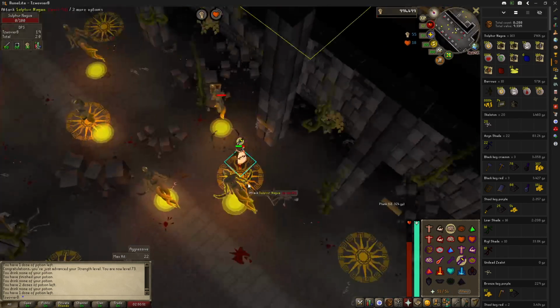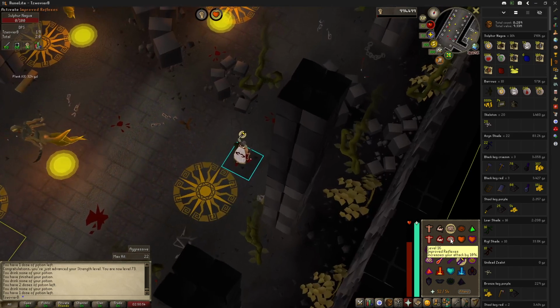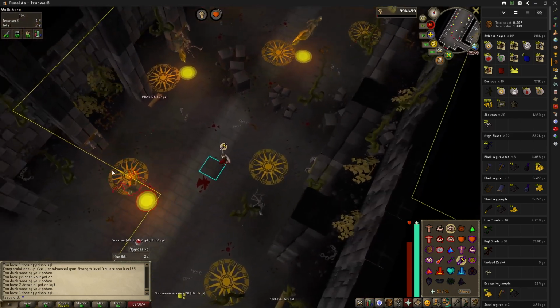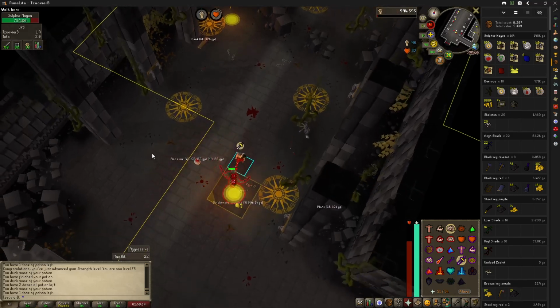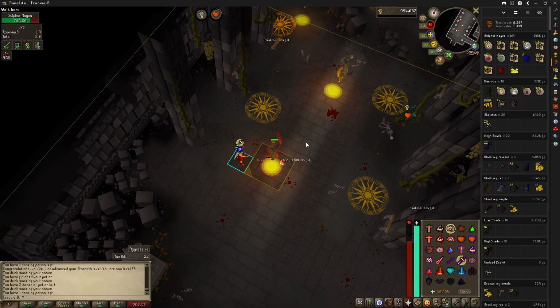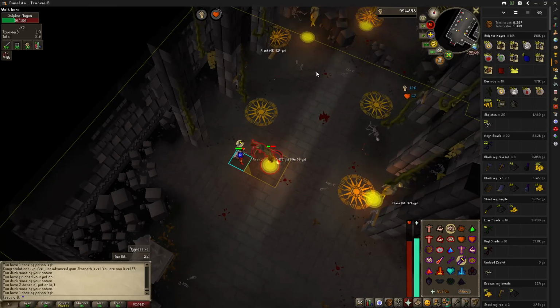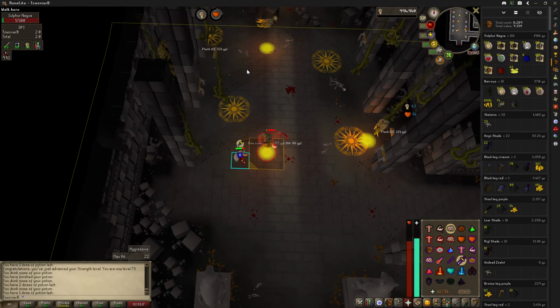You might also find that, especially with a higher prayer bonus, increasing to improved reflexes is worth it. Let's just run over that to reset our aggression timer. Or even incredible reflexes. Maybe increasing your max hit is worth it. There's a lot of min-maxing to be done, but for a chill... oh yeah, and that was...